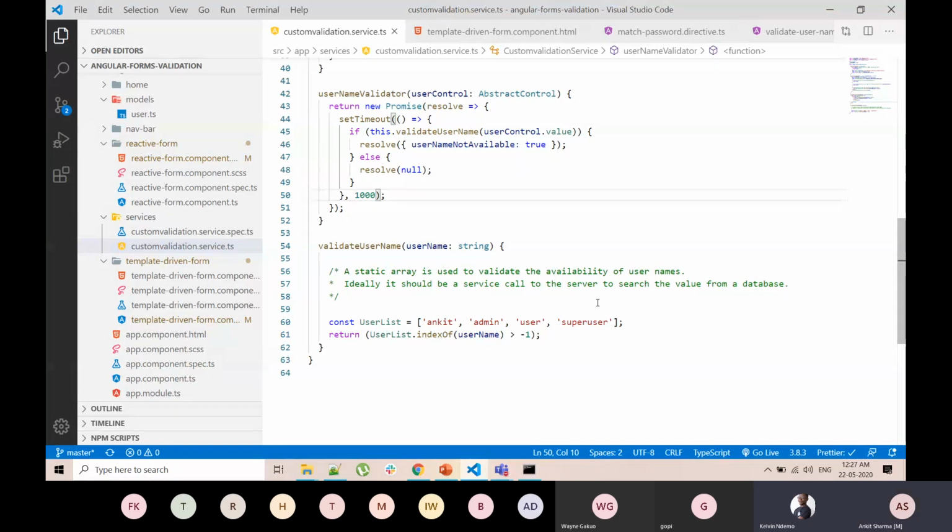I don't think this question is related to forms. Are you talking in terms of forms or in general? Yeah, it's not related to forms actually. Makes sense. Okay, in general you are asking. I understand that. I thought that you were asking that you want to use RxJS with template driven forms. I was also confused there.